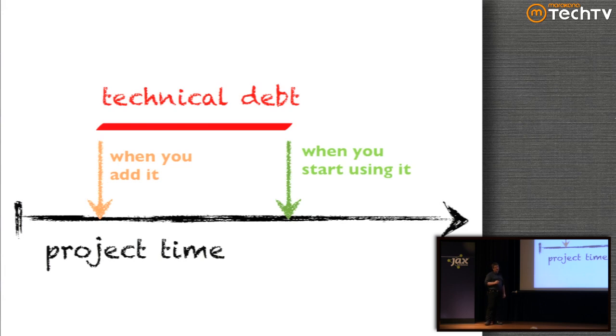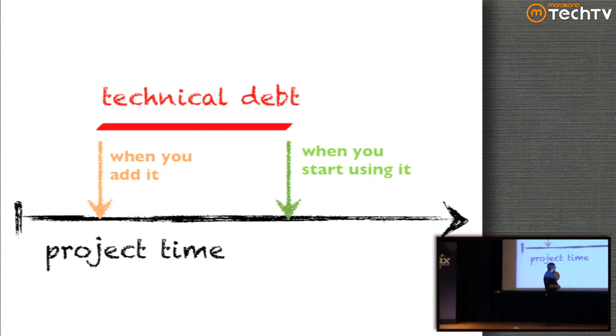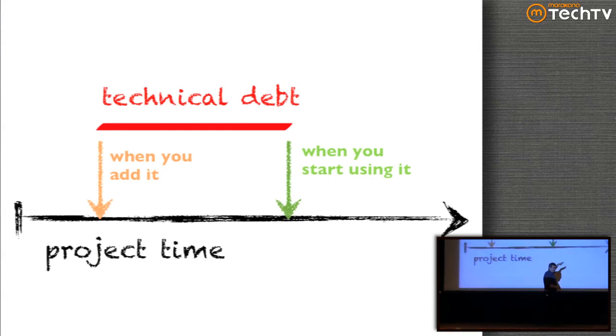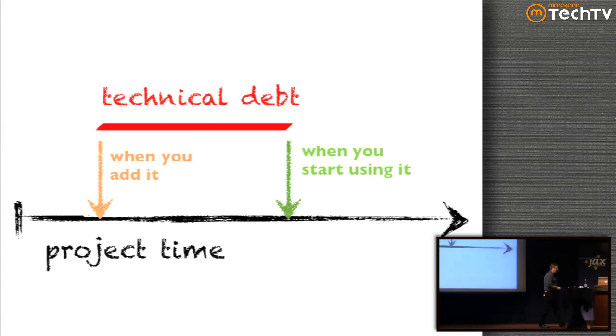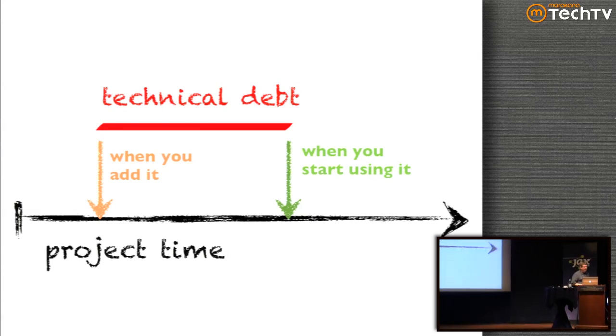I've started characterizing that as technical debt, because technical debt are things that are in your project that are not making things any easier, they're just in your way of getting stuff done. And a bunch of bells and whistles and features on a piece of software that you're not using is technical debt, because it's just in your way of doing the stuff that you actually need to get done. In fact, I start categorizing that stuff as technical debt as soon as you add it to the project, and then start discounting it as technical debt when you start using those various features. And we'll see how this plays out as I talk about my case study a little bit later.